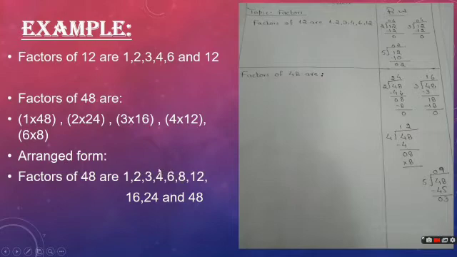Even you can take help from these multiplication forms and then arrange these numbers in ascending order. So both ways are correct. By division, see over here in this rough column, I get all the factors of 48. And the factors of 48 are 1, 2, 3, 4, 6, 8, 12, 16, 24 and 48.